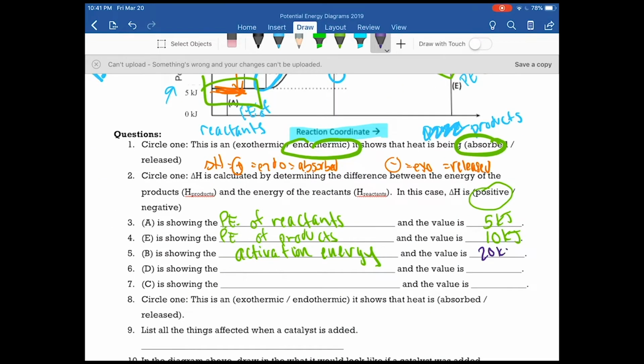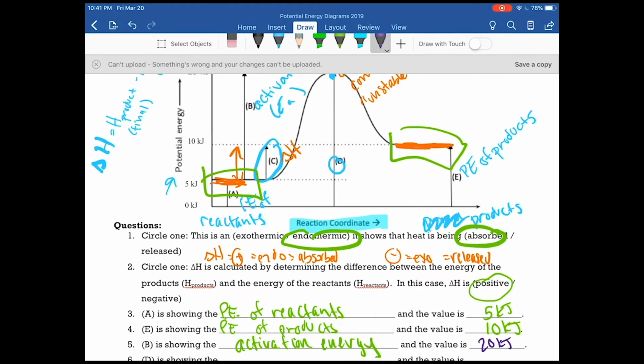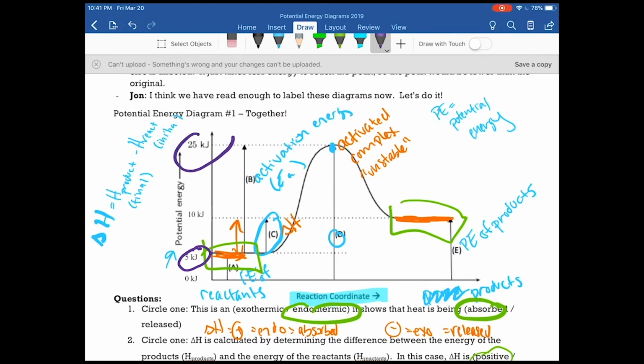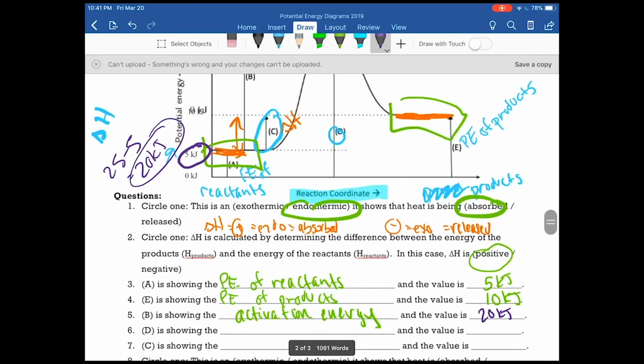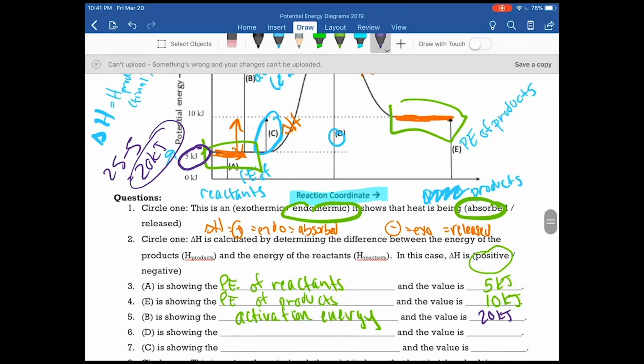So if we look at where that 20 comes from, we want to look at where we're starting. Our reactants have a PE of 5 kilojoules, and then the max value is 25. Essentially we want to figure out how much we change from where we started to that very peak. So you get 25 minus 5, and if you can't do that in your head, you do have access to a calculator. But that is 20 kilojoules. Essentially that means you need 20 kilojoules of energy to get this reaction started so it's able